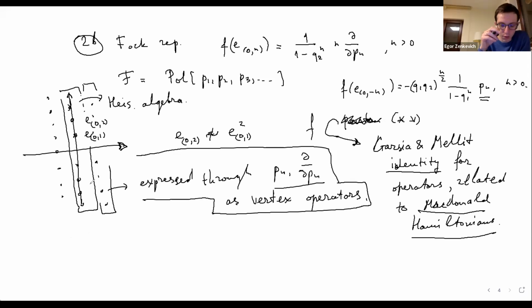Right, but the number of xn is infinite, so I express... Right, yeah, I understand. But say for fixed... So Pn is something like the sum of xi to the power n. These are power sum generators, and here n goes to infinity in this case. There is also a representation for finite n, when n doesn't go to infinity. It's a bit more tricky, but